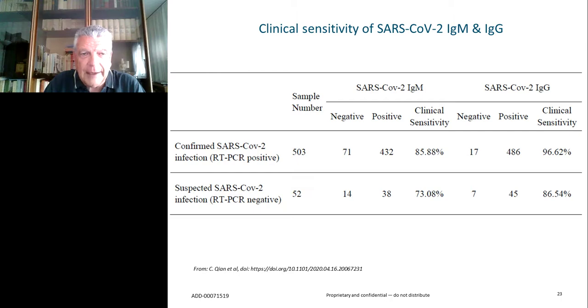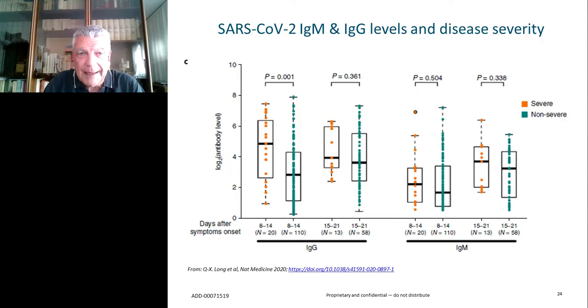Another evidence still on a quite huge cohort brings up the same kind of results. You see here that the positive rates for IgM and IgG showed some 10% difference cumulatively. And this happened in both RT-PCR positive and negative infections, so different phases of the disease or infection. So overall, it looks like a good assay for IgG will yield a very good sensitivity regardless of the detection of IgM. But IgM may still be relevant if you're able to discriminate the two responses, as you will see soon.